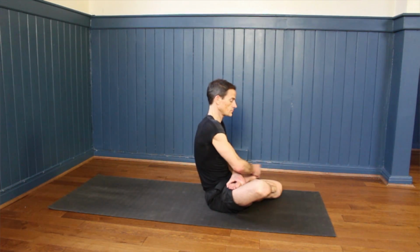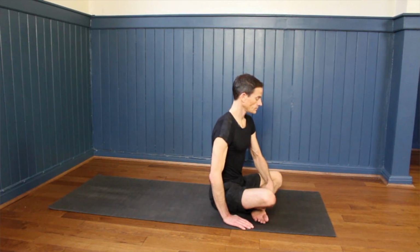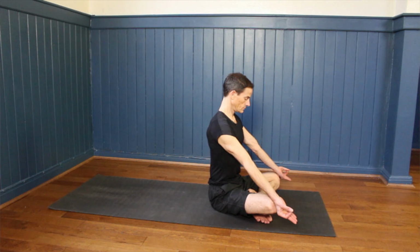So make sure you feel nice and stable and comfortable again. Back of the hands back on the knees, straight back. Gently draw the chin down to look at that space between the knees again, and we're going to carry on counting up to 10 to give us 5 breaths on this side. So find that nice place where you're tuned fully to the breath as you inhale,